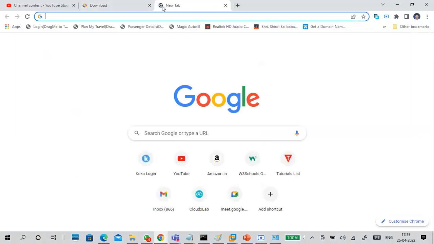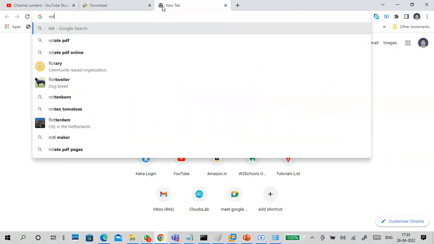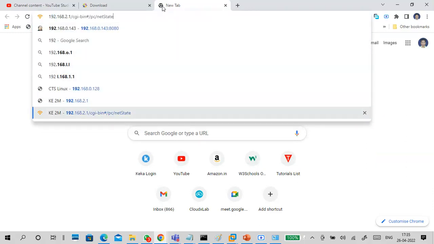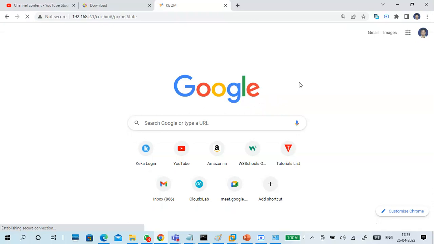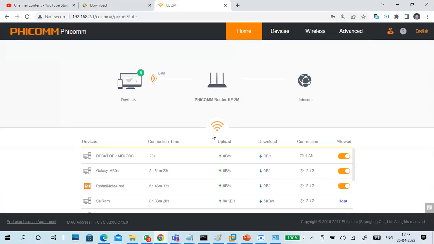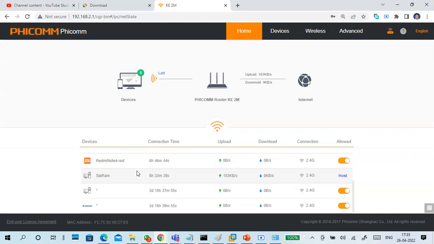No problem with router. This is my router. That is my desktop. This is my mobile phone, Redmi Note 4.